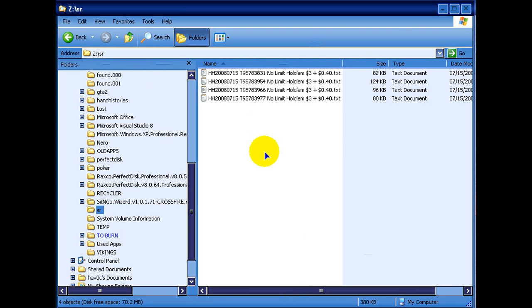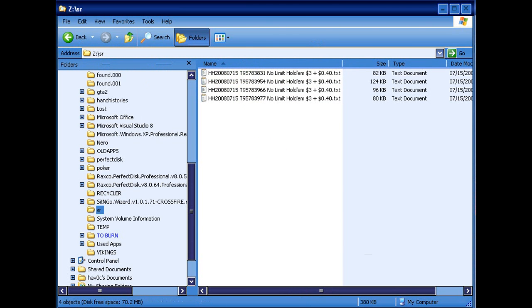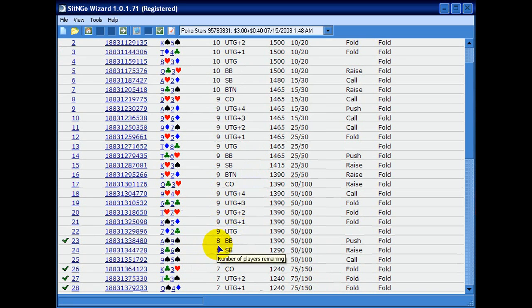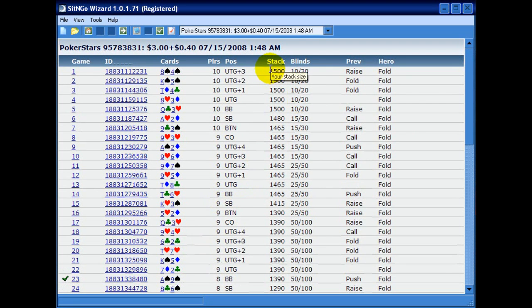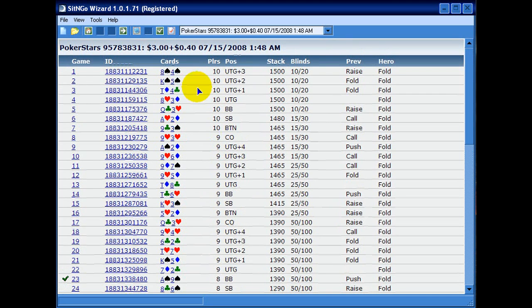And I have these tournaments separated from everything else, just in this folder here, and that's just to refer to if we have anything interesting before the push fold stages that I want to discuss. At the moment, it doesn't seem that there is anything in this tournament. We can see our stack size here is 1500, and it's just going down by the blinds each time, which, I mean, if you just look at